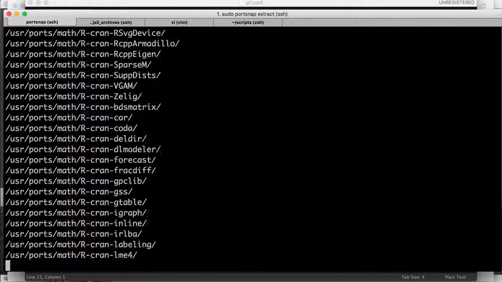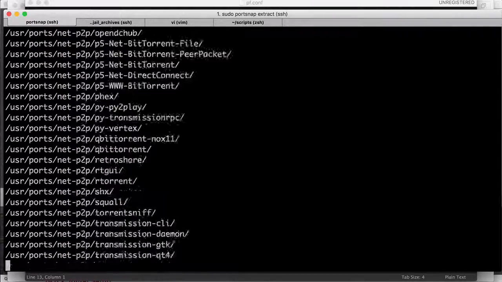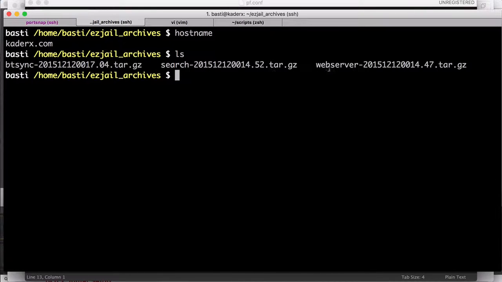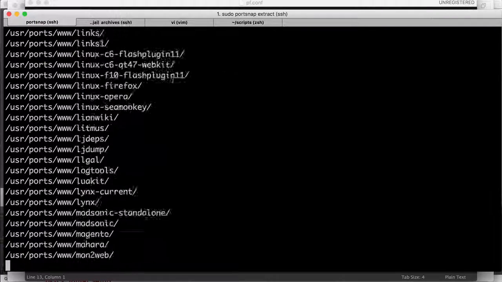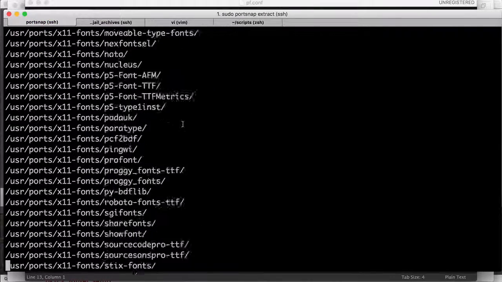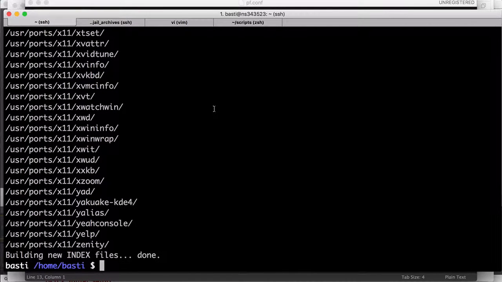I have another FreeBSD server where I have some archive jails, which I will just copy onto the new server and create the jails from these archives. So migrating is really easy with this technique. Okay, so